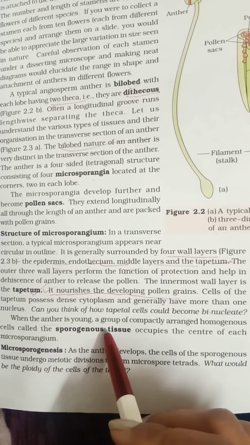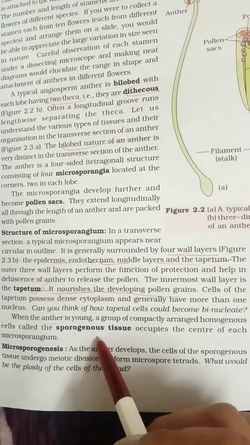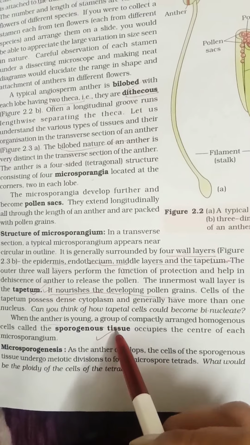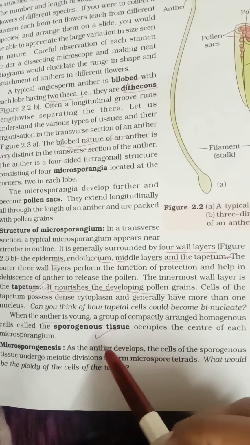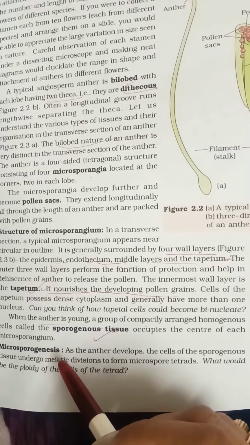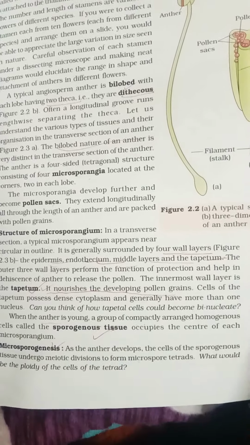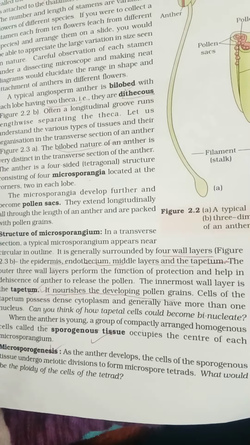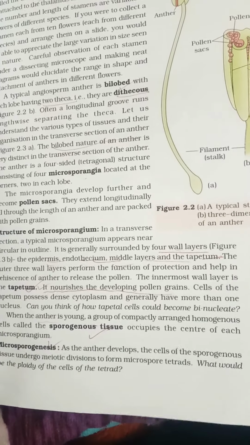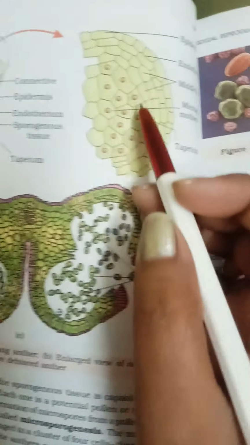When anther is young, a group of compactly arranged homogeneous cells are called sporogenous tissue, and that will give rise to microsporangium. The formation of microspore inside the anther is called microsporogenesis, in which the cells of sporogenous tissue undergo meiotic division to form microspore tetrads. Pollen grains are also called microspores. Like you can see here,